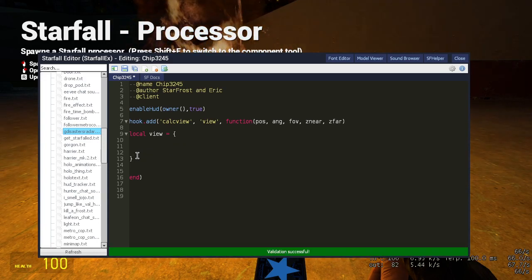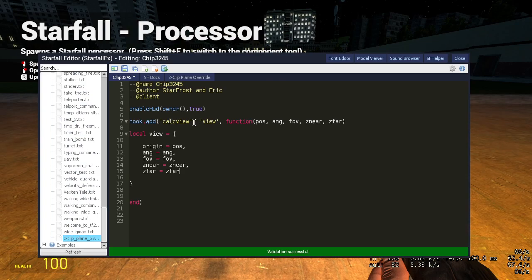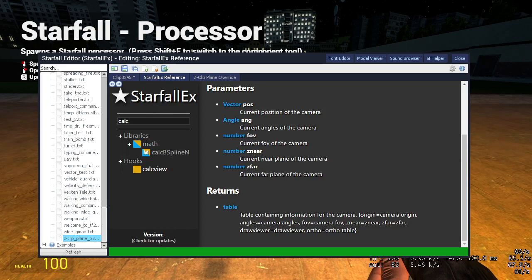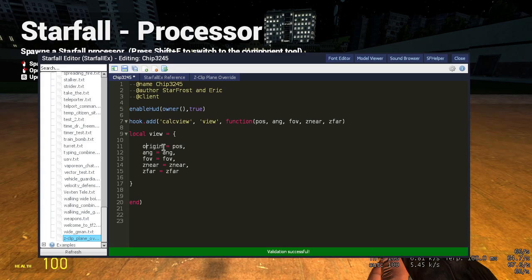Let me skip ahead real quick. Here we are with the calc view hook again. I have made a table of the things listed here. Of course, I took the names. So origin is going to be the original pose, and angles is going to be the original angles, and so on. So let's see, if I want to change the Z far clip plane to 1000, now if we return